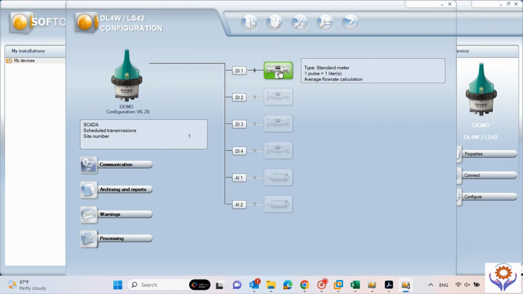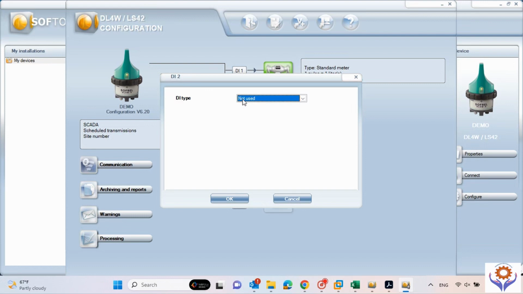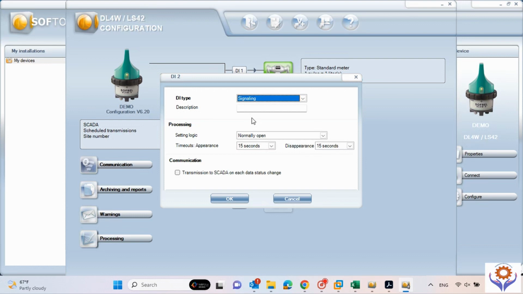So you configure this function for DI1, and for DI2 I will add one more function. For DI2 I will put signaling. Okay, signaling means you can put maybe door open for the panel, a door open signal or any other signals in the field. So I can give the name called door open, and you need to put initially the setting, normally open or normally closed. And for the timeout, maybe the signal should appear within 15 seconds, because sometimes it is pulse input,